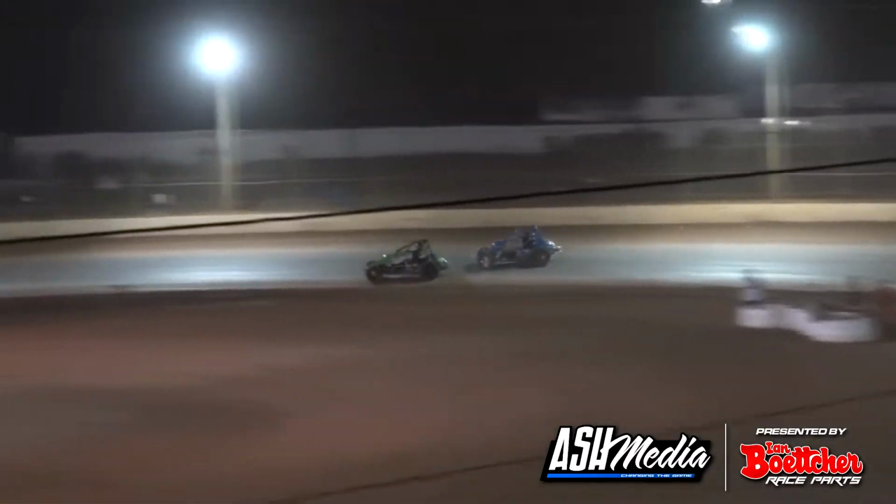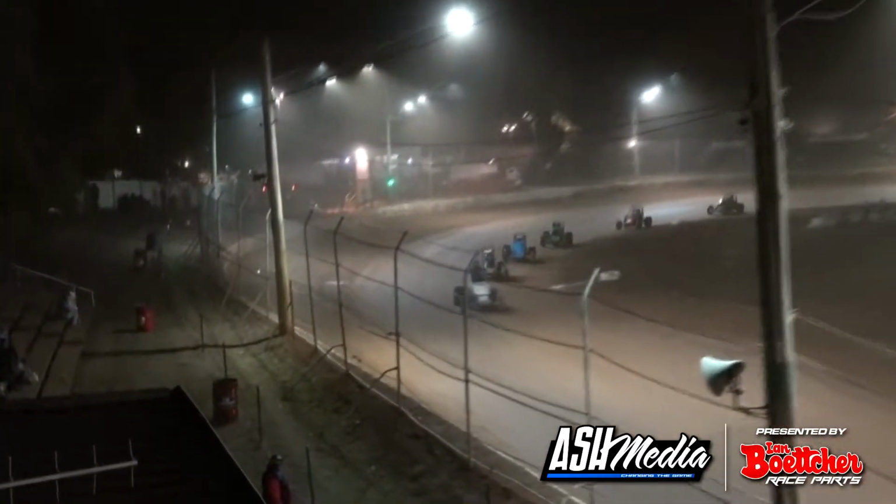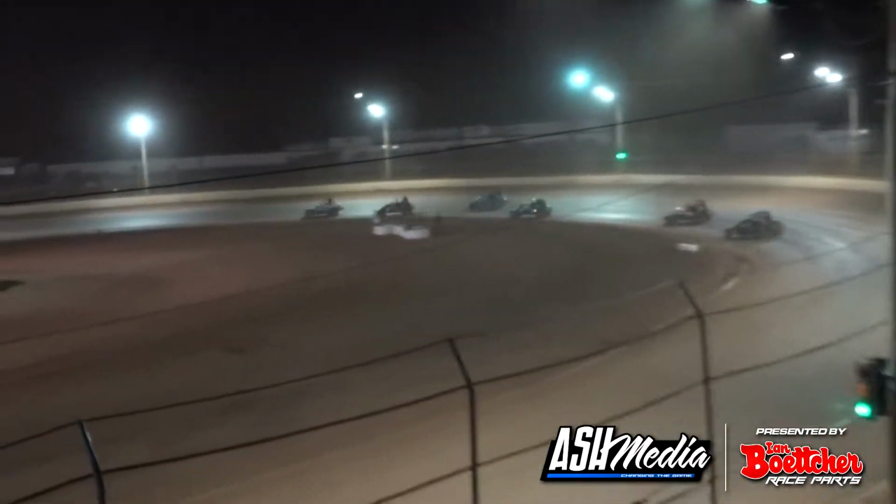Brad Whitchurch, the reigning state champion, is now 3.1 seconds in arrears as McBain starts to carve his way through a bit of lap traffic here, and that car is in really great shape tonight. It seems to be going wherever he wants to. Looks like it's on rails and handling superbly at the moment, so the track conditions are really playing into his hand a little bit. The track is slick, the track is dry, it's a little bit black, but it doesn't